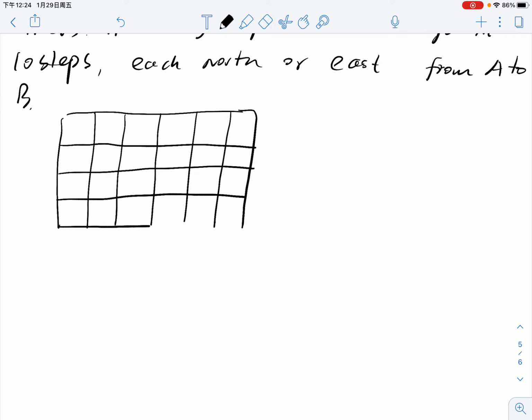So here, on the left-hand side, we have paths according to the problem. That means you go east